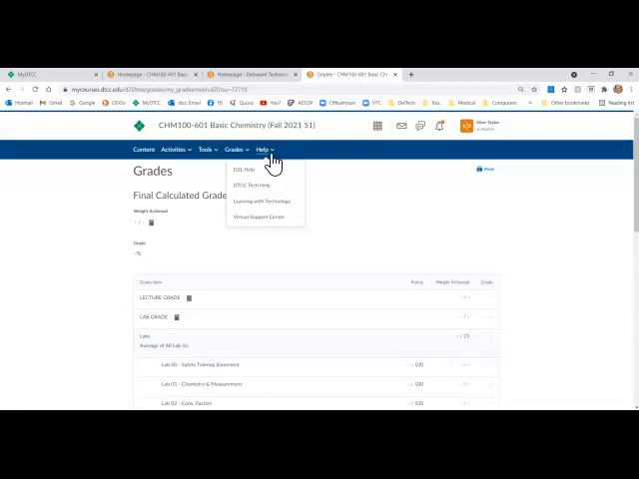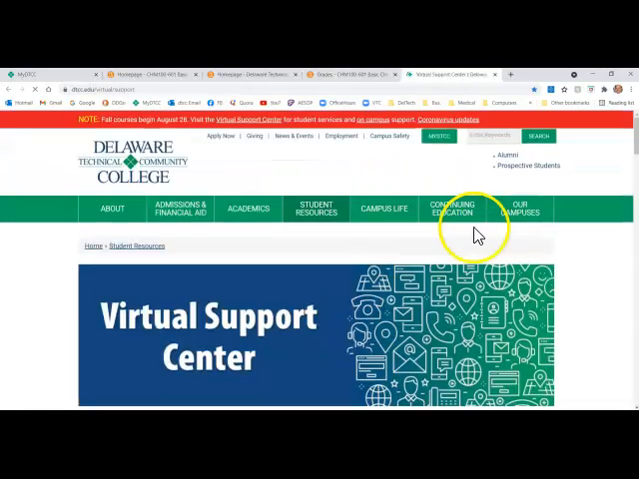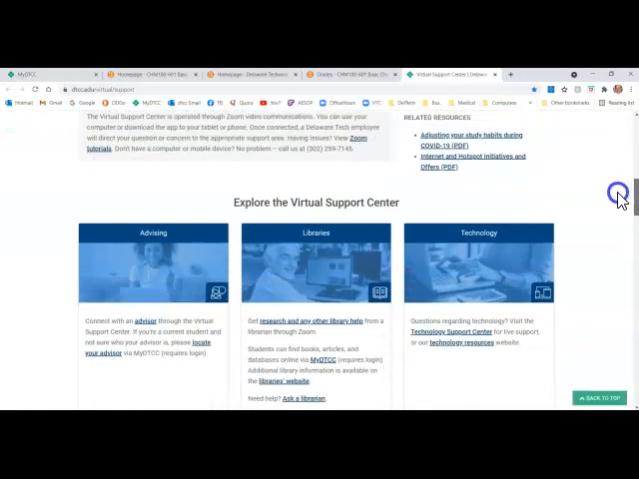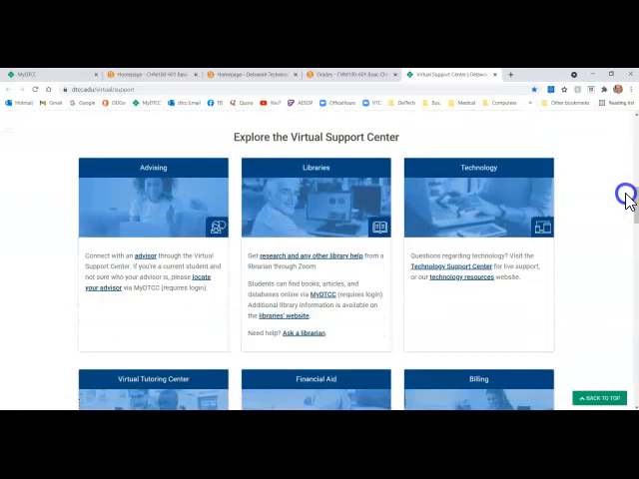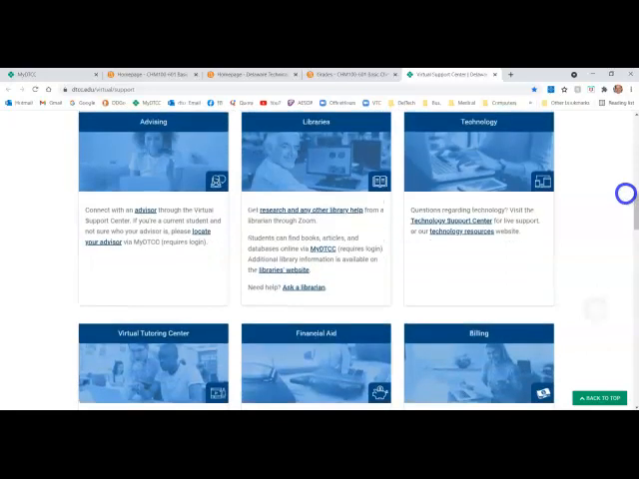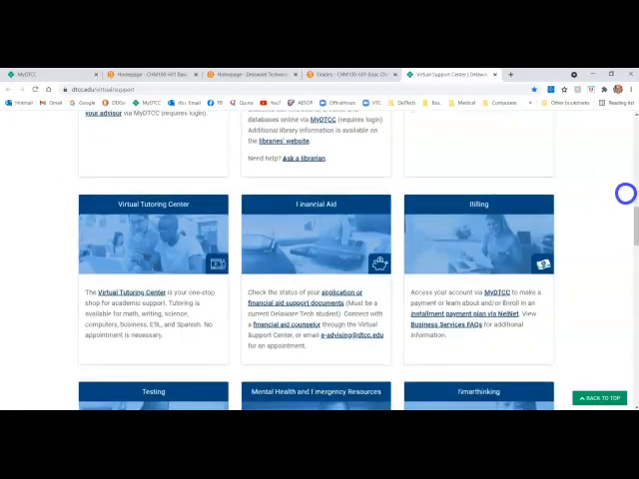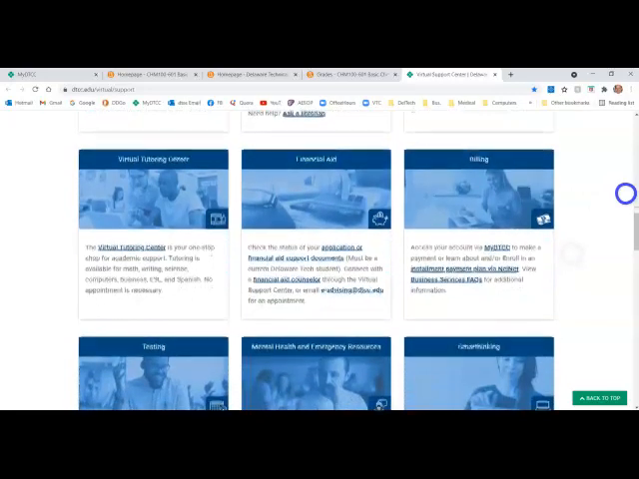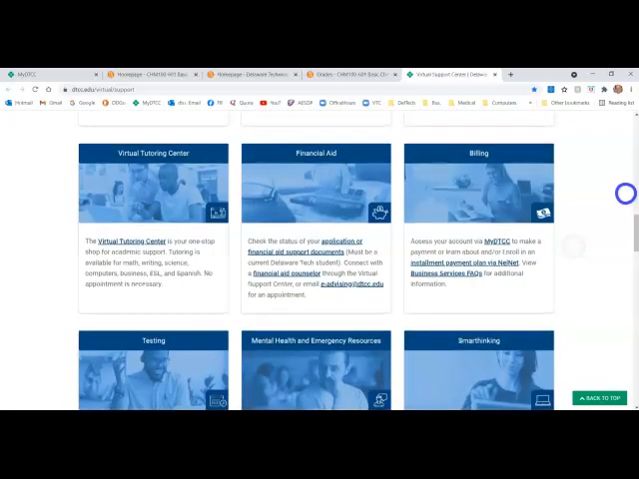Help lists several different types of assistance and support links, including D2L and technology help, and a link to the Virtual Support Center. Virtual Support Center contains many different services offered to the DelTech community, which I strongly recommend you check out here. I'm going to quickly show it to you. If you scroll down, you'll see there are links to advising, library, tech support, including laptop lending, mental health support, virtual tutoring center, financial aid and billing,